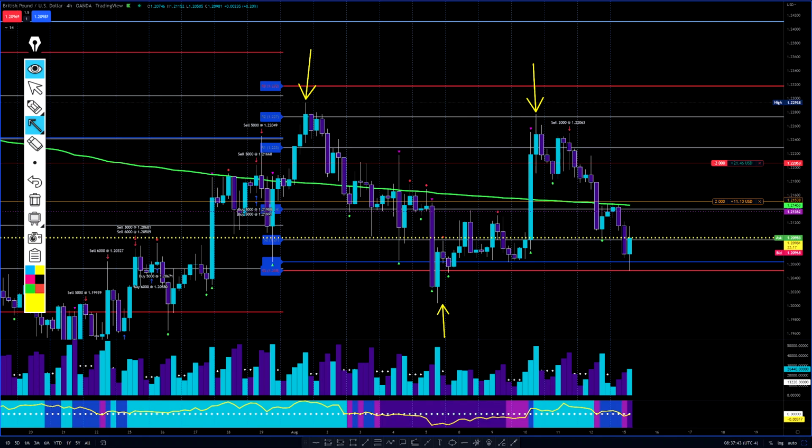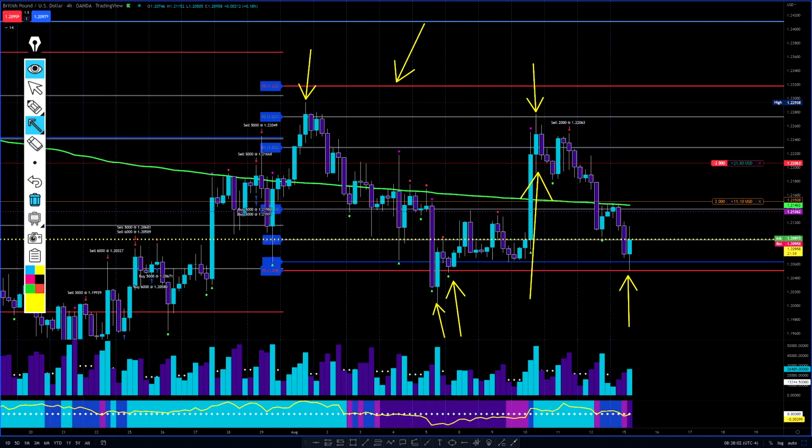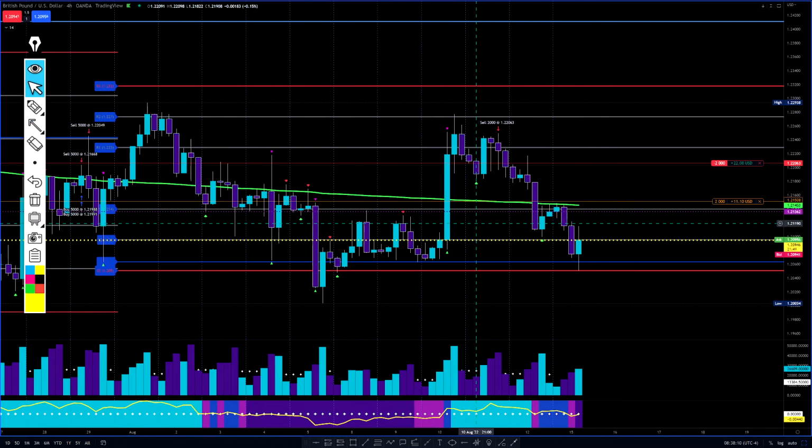Now we did get some support down here below S3, but the thing about it is we're breaking support but not breaking resistance, right? We already tested the waters down here, got the bullish run up, hit lower, and then now we're back at S3, right? So I'm in a sell trade. I actually took this trade here at this pattern right here, right? It's like a lower high,